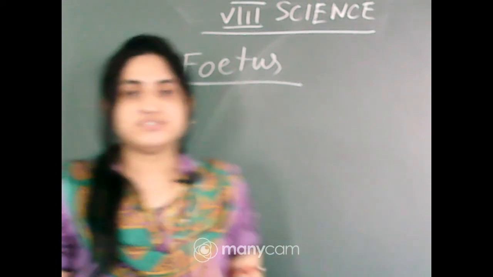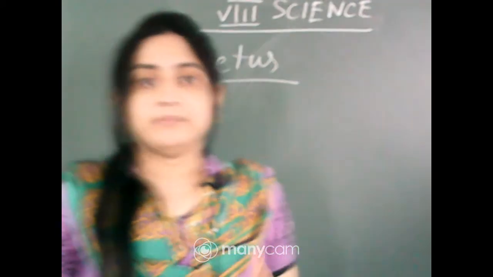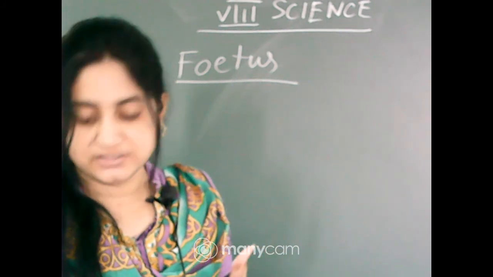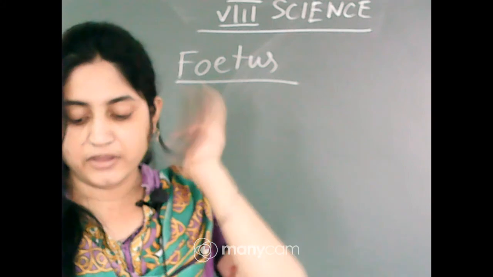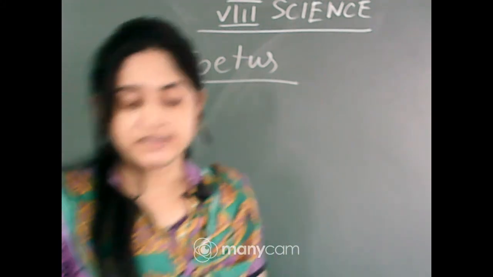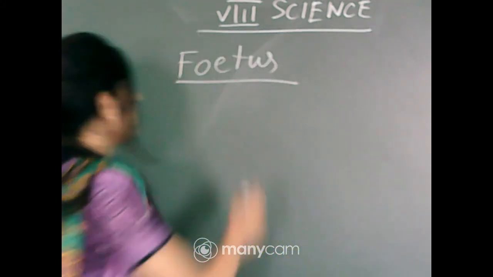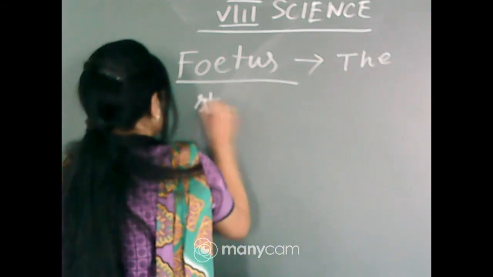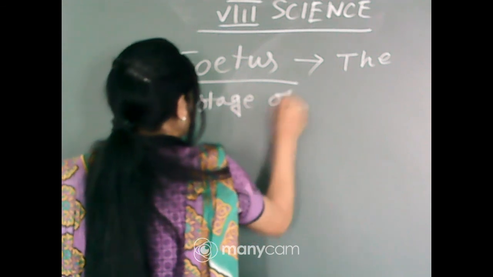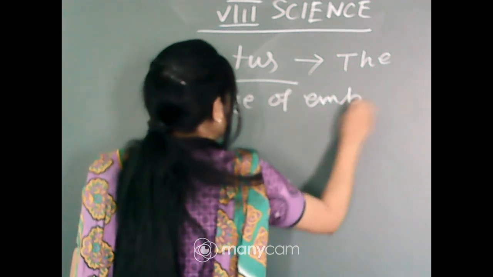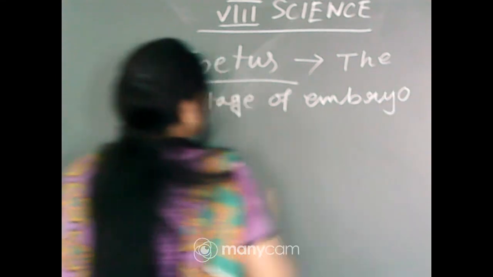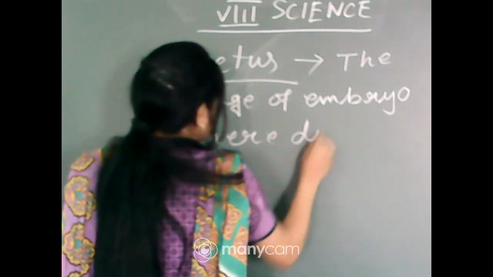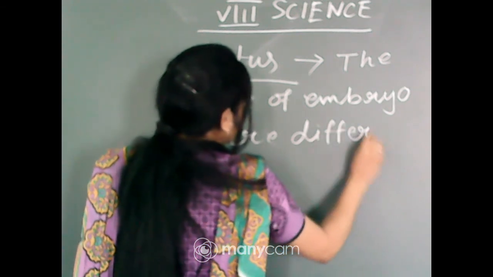When the developing structure of the embryo can be identified with the hands, legs, different body parts, that is called fetus. Okay, so the stage of the embryo in which all body parts can be identified is called fetus. Okay, so what is fetus? The stage of embryo where different body parts can be identified